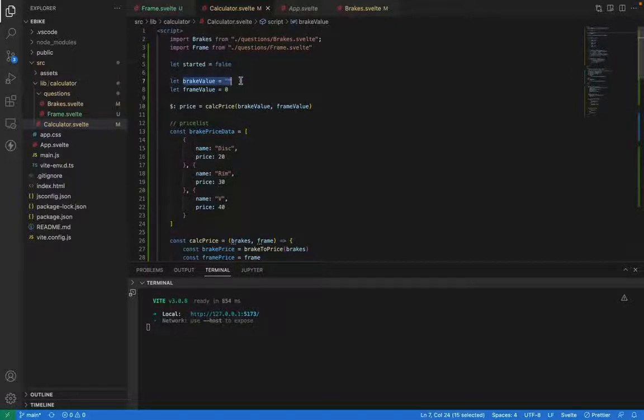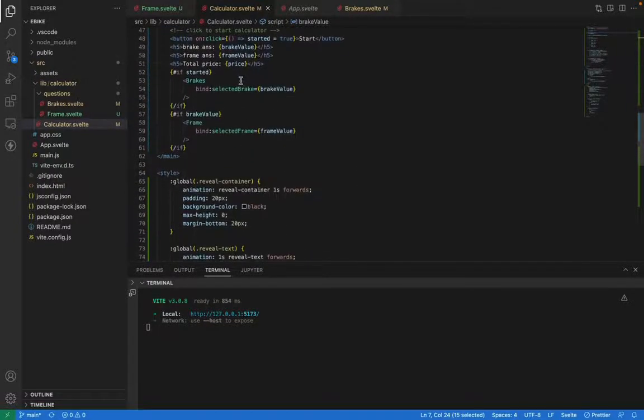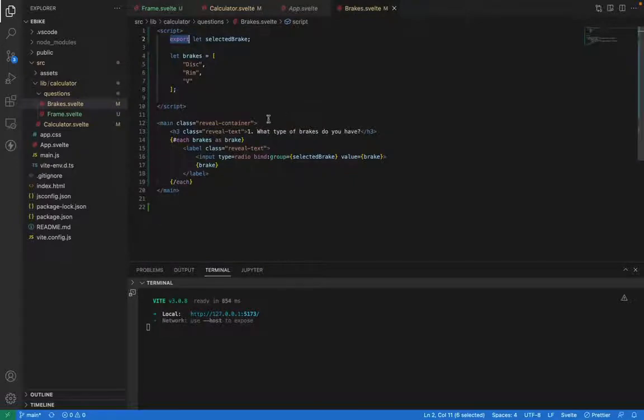Now this is a prop, and again, this is a method that I've been using to make it very reactive. But yeah, this is technically a prop. As you can see, we're passing it into the brakes component using this bind method. So bind selected brake equals brake value, and we've essentially created a two-way, parent and child prop flow. So props can go from the child to the parent and from the parent to the child. Now, if I go into our brakes.svelte, obviously